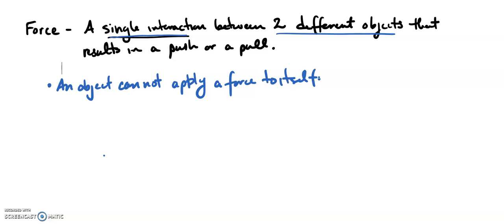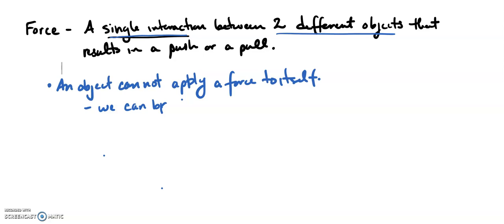So I know right now you're all like, but Mr. Szymanski, I can do the sound of one hand clapping. Okay, I get it. But when you do that sound of one hand clapping thing, you basically are not having your hand hit your hand. You are having your fingers hit your hand. So an object cannot apply a force to itself, but we can break down